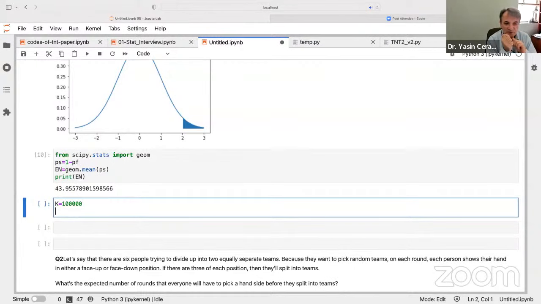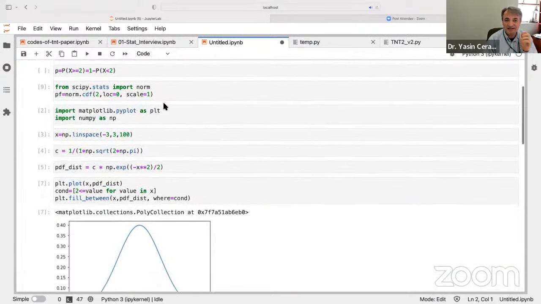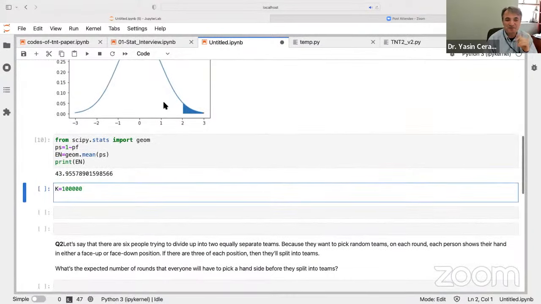Well, if you like, you can use the equation here and then try your best to create random variables. But let's not go that far, okay? I'm going to use SciPy again, and remember, I already imported norm here. So I'm going to use norm, but this time sample random variables from a normal distribution. This normal distribution again has a mean of 0 and standard deviation of 1. And how many samples am I going to get? K number of samples.